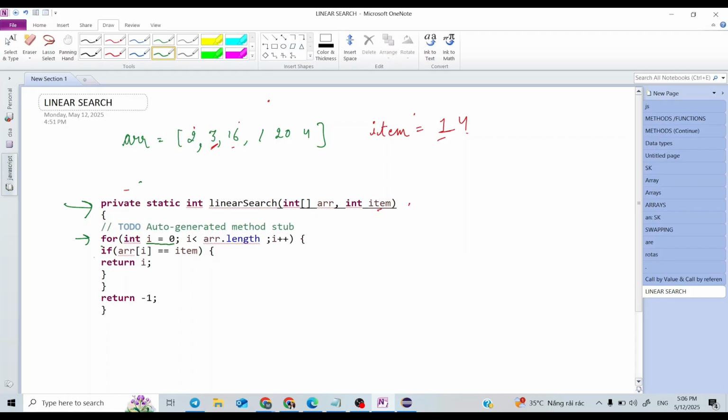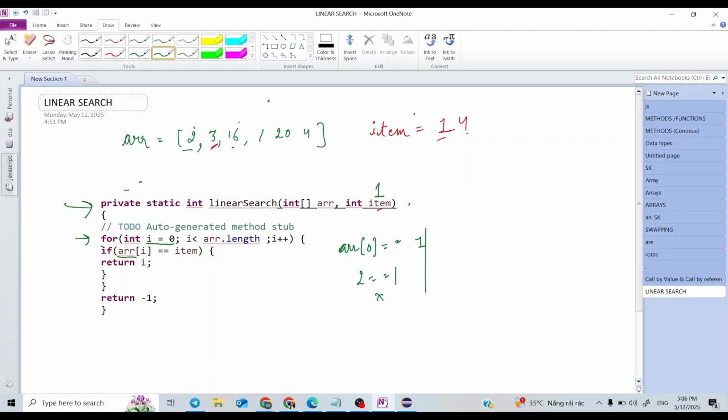First of all we will check whether array of 0 is equal to, suppose, the item is 1. So array of 0 is 2, so is 2 equal to 1?